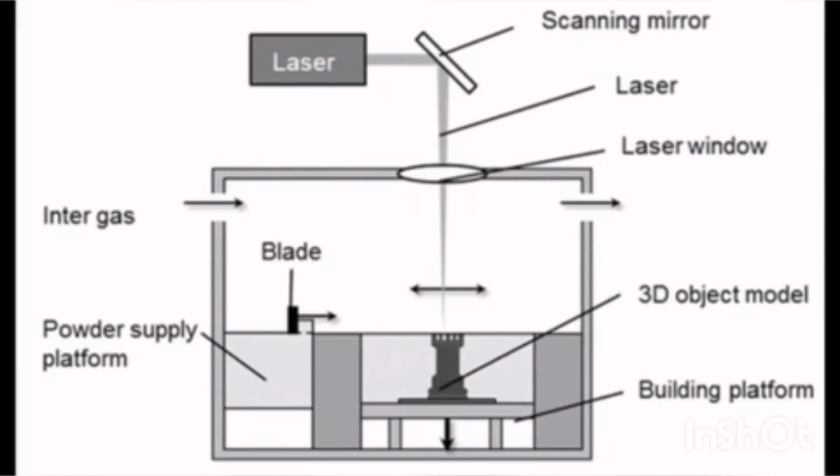The first process is selective laser melting. This device consists of a laser insulator, a scanning mirror, a blade, a powder supply platform, and a building platform. First thing we need to do is construct the 3D design model using CAD software and compute it to the device. After the device slices the data and the parameters are set up,